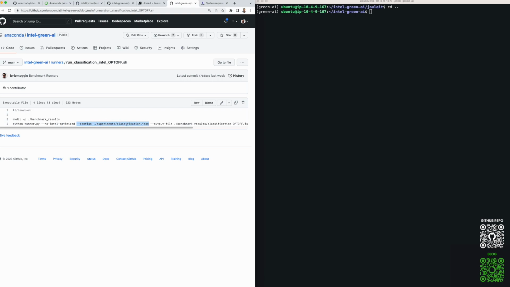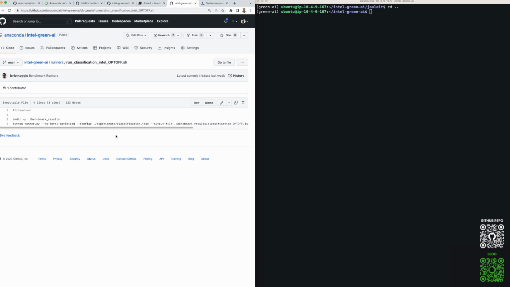In this case, it's classification.json, included in the experiments folder. And then we also set up where we want to save the actual results of the benchmark. And so a new classification_opt-off.json will be created,